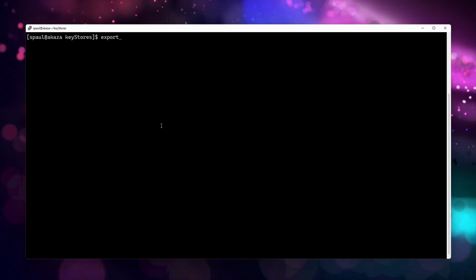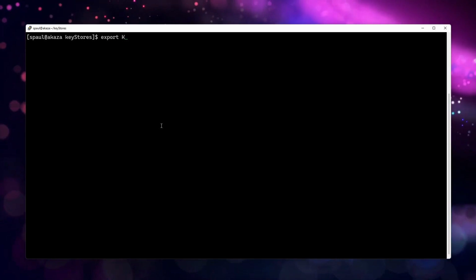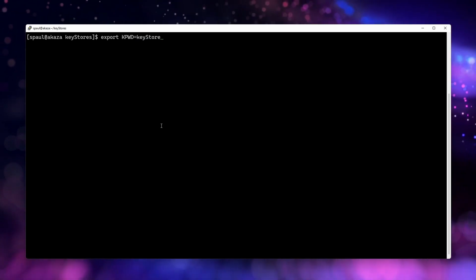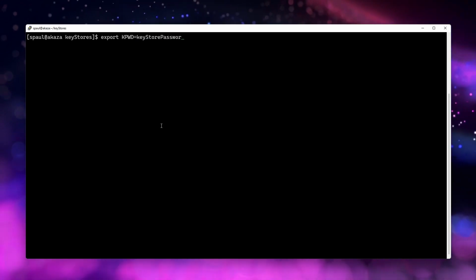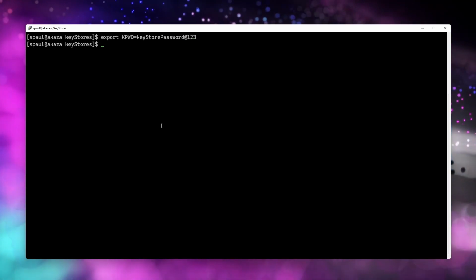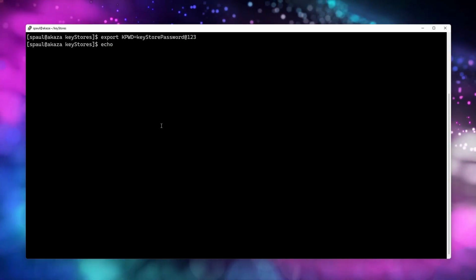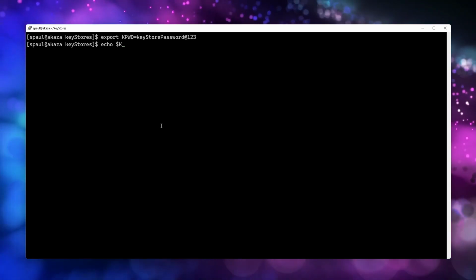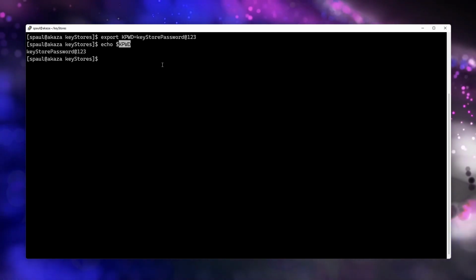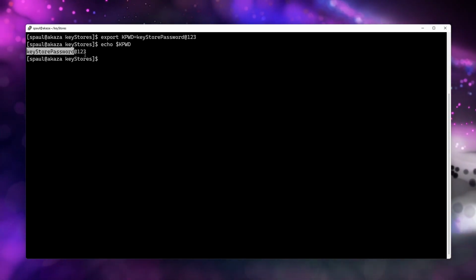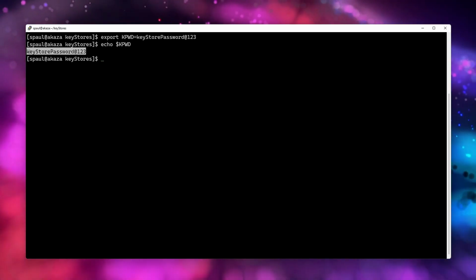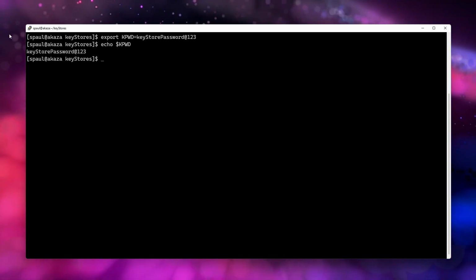So I'm going to set an environment variable called kpwd with a value keystorepassword@123. All right, let's see if this variable exists. Okay, so this is the environment variable and I have set a string to this environment variable. I will be using this string as the keystore password. So let me execute our